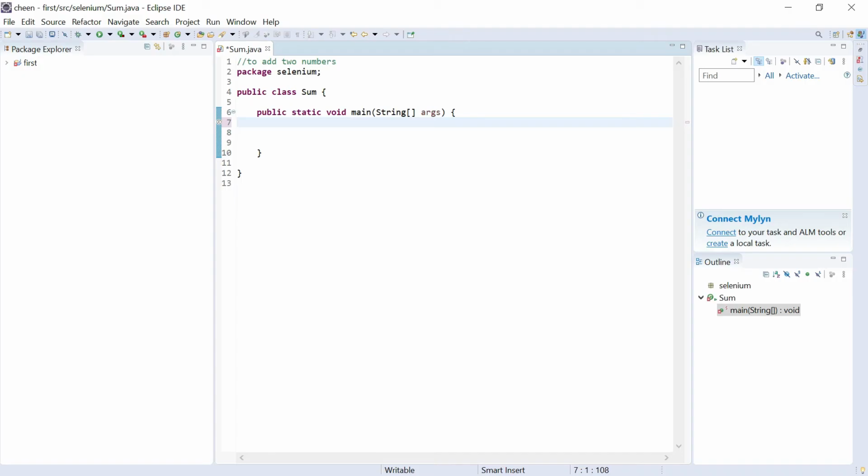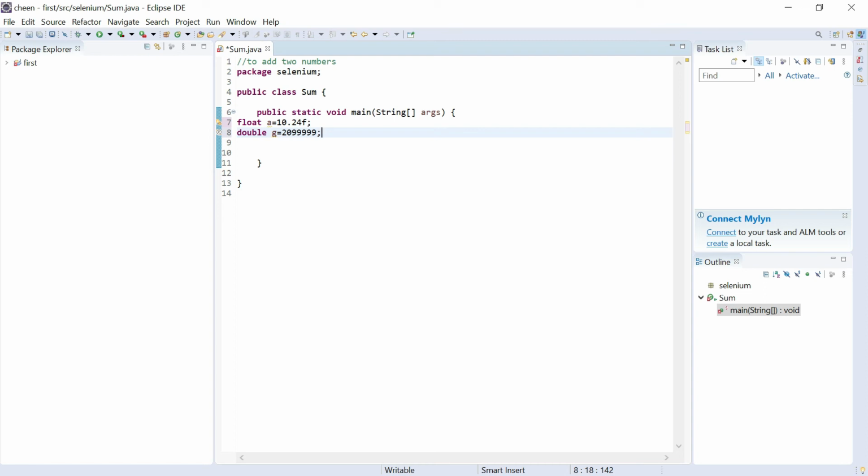So if I have to store data with float, I'll write float, then the variable name A, assign a value. The value must have a decimal with it, and you will close it with F at the end and a semicolon. So you have to specify F at the end if you're using float as the data type. You can store 64 bits of data with double. So you'll write double and then the value. We need not write anything at the end, but this is how you can specify the double data type.